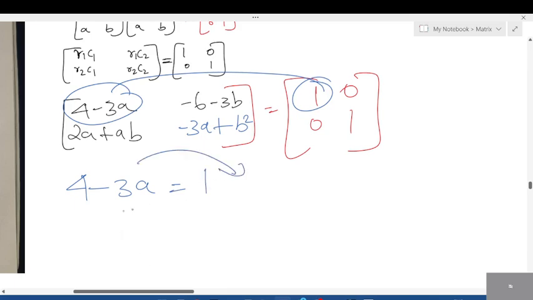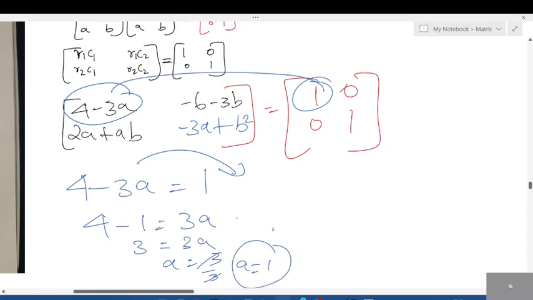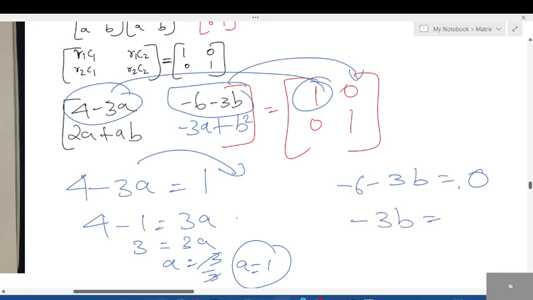Minus 3a goes to the other side. What do you get? 4 minus 1 is equal to 3a. What's the value of a, students? A is equal to 1. Now take the second equation, compare and tell me the value of b. Minus 6 minus 3b is equal to 0. Minus 3b remains as it is. Minus 6 goes to the other side, becomes 6. B is equal to